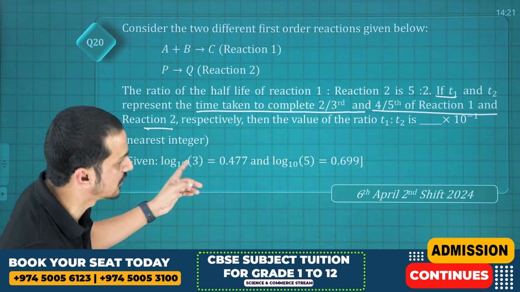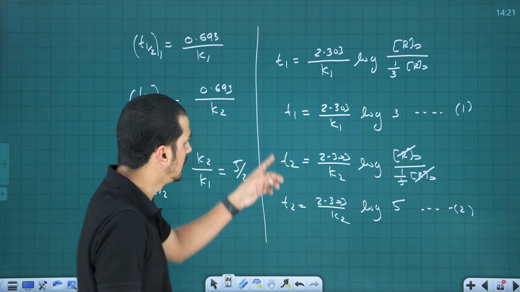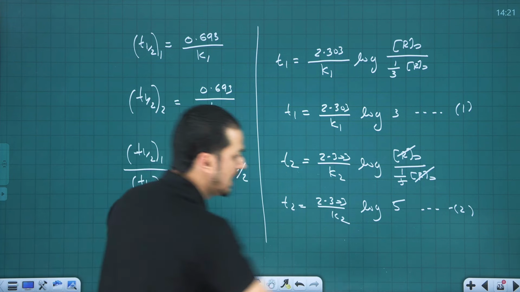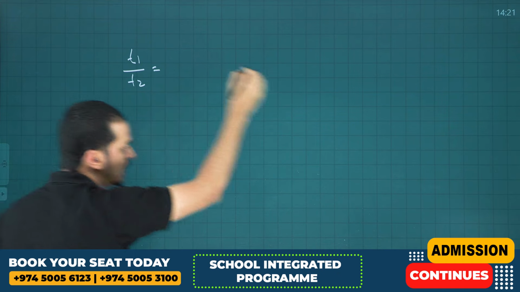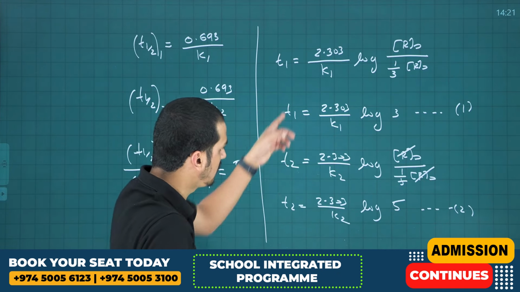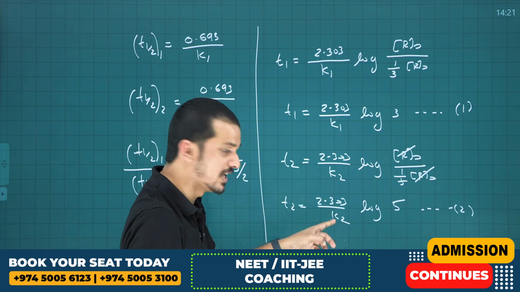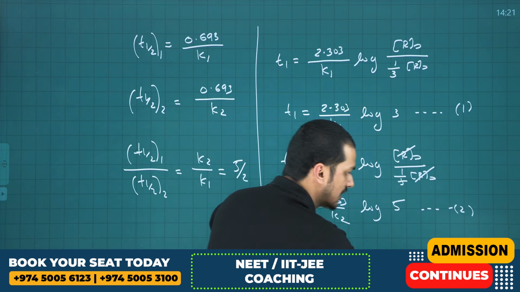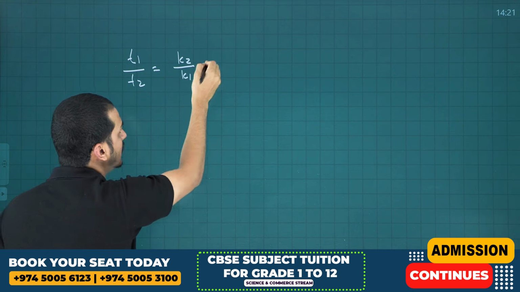What are they asking us to find out, guys? T1 is to T2, so I just have to take a ratio, T1 by T2. If I take T1 by T2, you can see the 2.303 will cancel. That leaves 1 by K1 and 1 by K2. K2 will go to the top, so it becomes K2 by K1 into